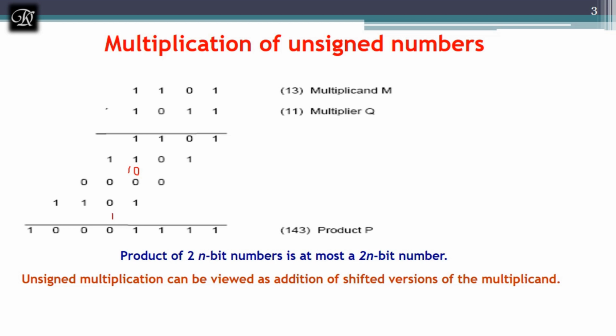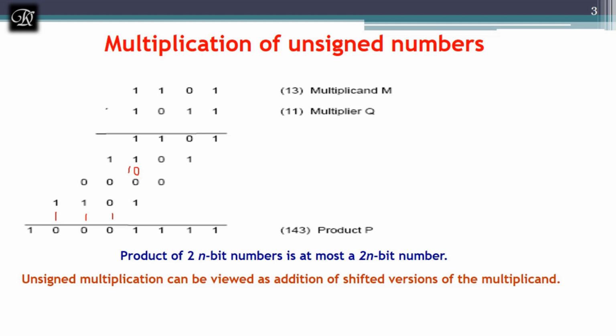Next 1 and 0 it is 1, and 1 and 0 it is 1, and 1 is added with 1, it is 0. Carry will be to the next level, next stage, that is 1. Again I'm going to add 0 with 1, I got answer 1, and 1 is added with a carry, I got answer 0, and carry to the next level 1. Now I will add 1 and 1, I got answer 1 0, 0 I marked here, I don't have next stage, so I'll write the 1 over there.